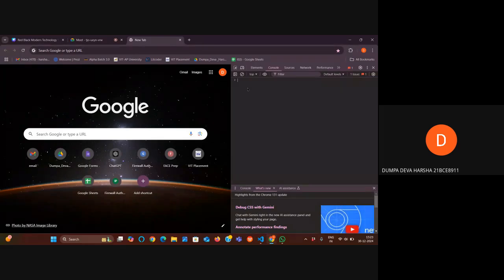What is this console? This console is the runtime environment for our JavaScript. So here we can write our JavaScript code itself. There is no need to download any separate runtime environment to our system. We can run it here itself, or else in future we will see what other methods we can use to run